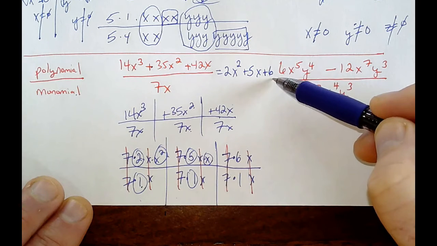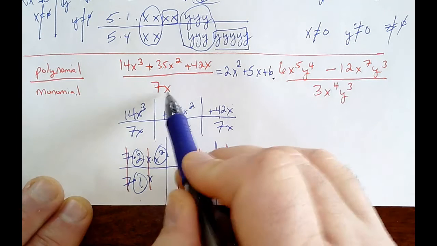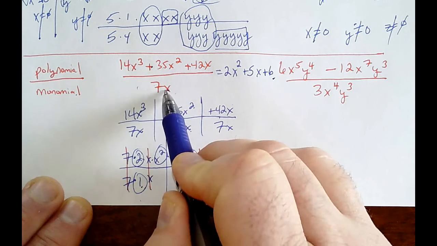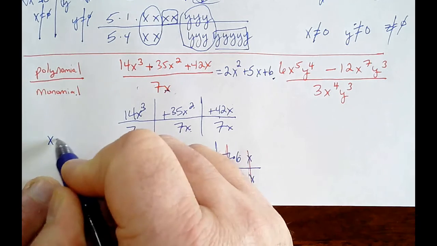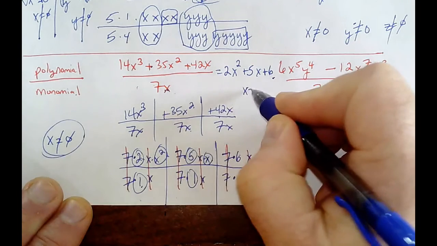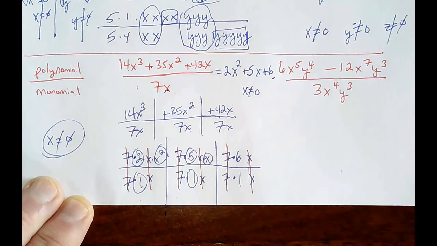The bottom has what value as a monomial? So you just take the monomial letter and set it equal to 0, and that's what x cannot be. The answer is 2x squared plus 5x plus 6, as long as x is not 0. And the last example here, a little faster. 6 divided by 3 is